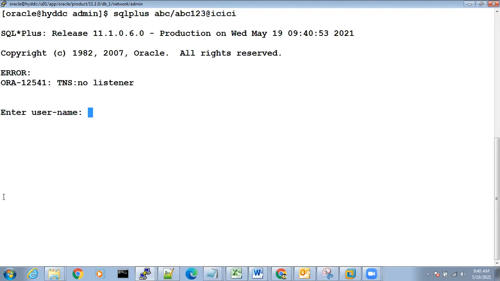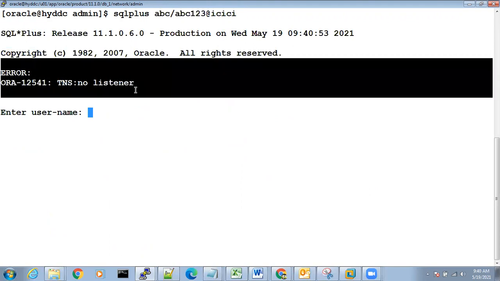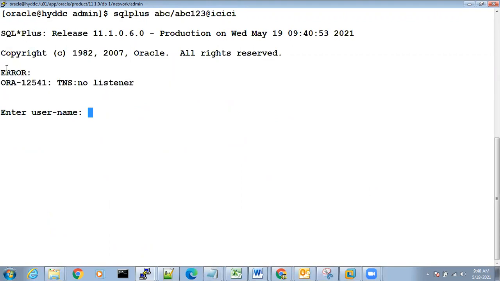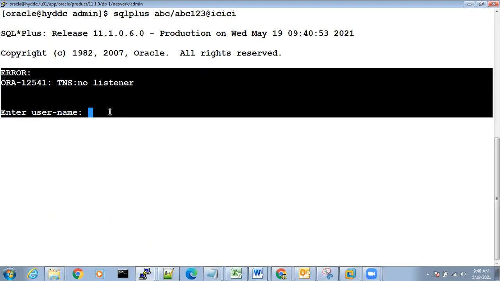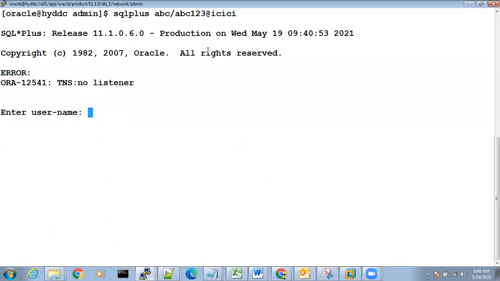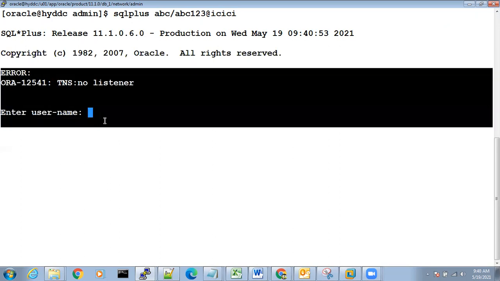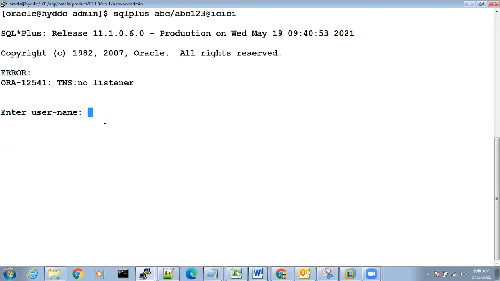See, no listener, the user is not able to connect. There is an error, which proves it. So what is this error? This error belongs to the database, right? So what will the user do when getting this kind of error? The user will simply copy and paste the error and create one ticket to DBS, and the ticket will be given to the DBA team.